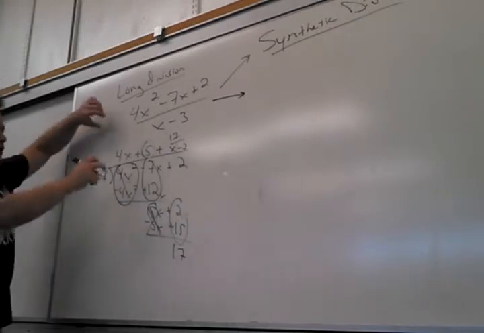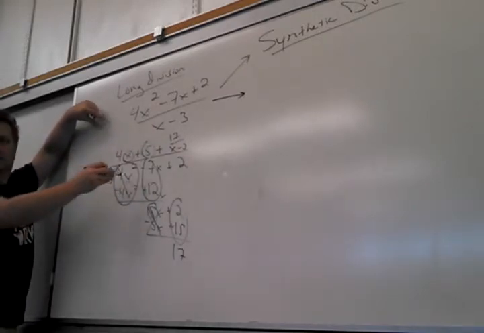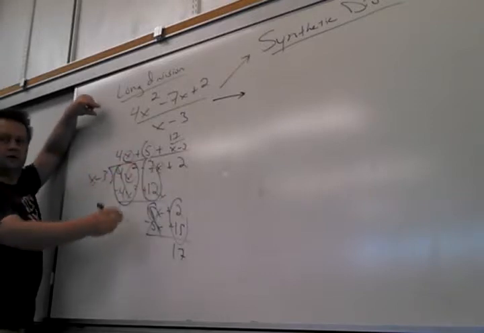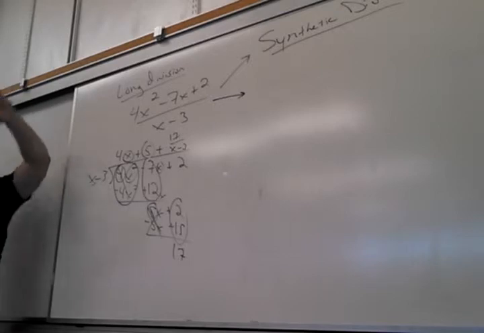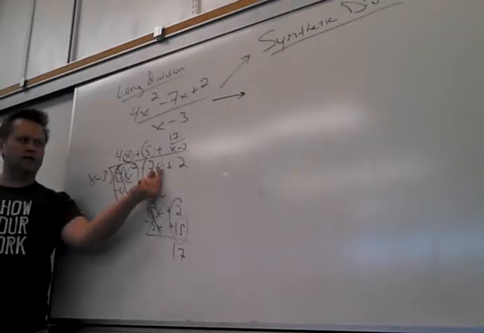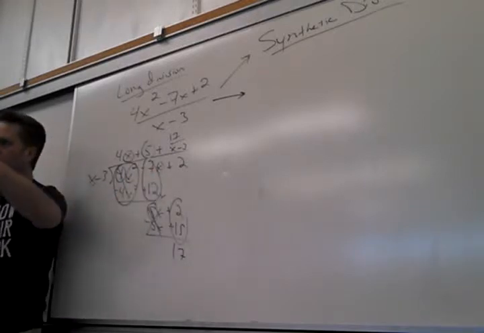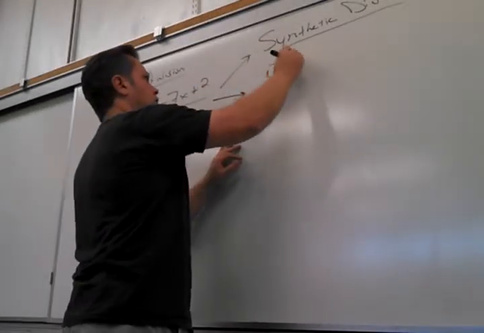And how important are the variables themselves? How important are these variable things? As long as they're in order, I don't care. What's most important are the numbers, of course, right? The numbers are what's important. So the synthetic division strips away all the variables. You have to make sure everything's in the right order. If I was missing like an x term, you better put a 0 there, that kind of thing. Are you with me? So this synthetic division only works